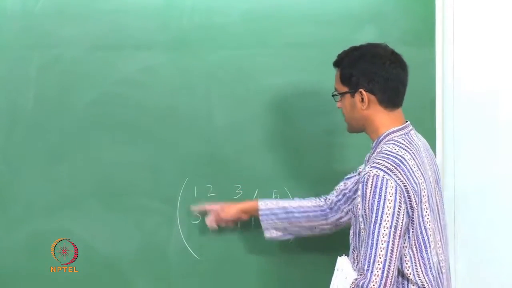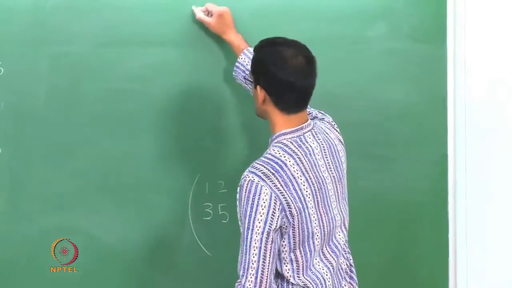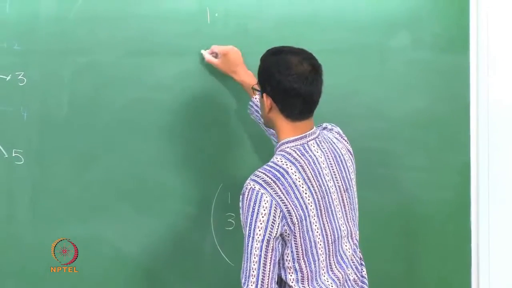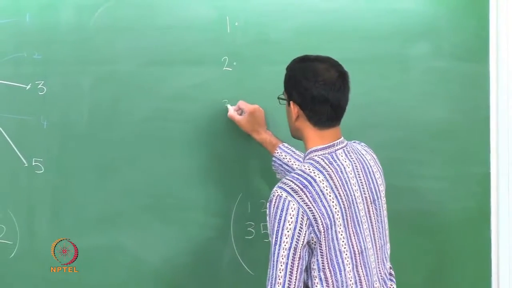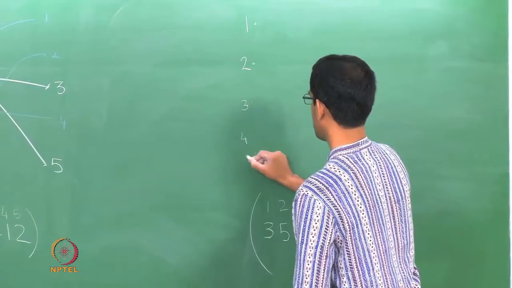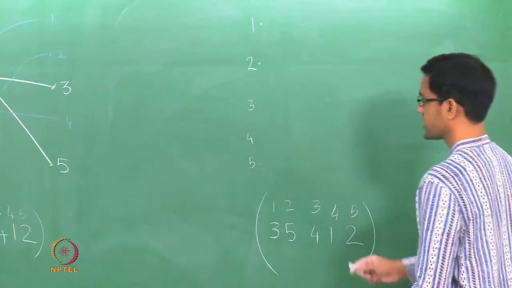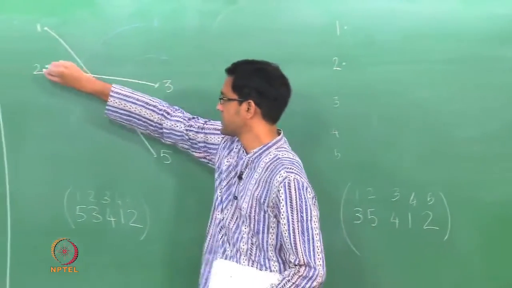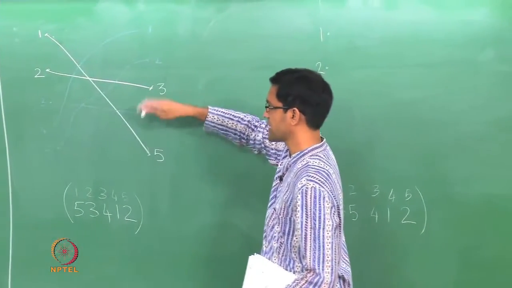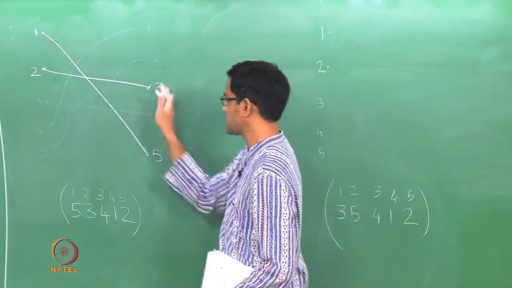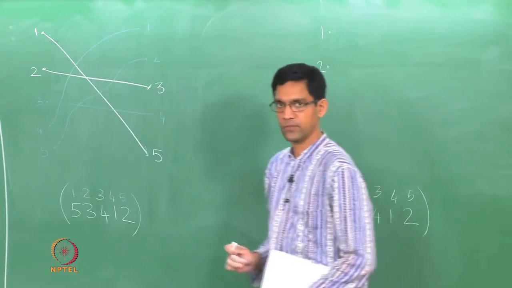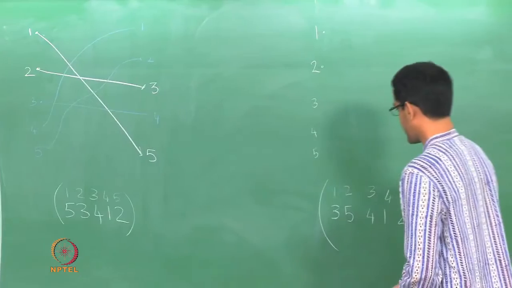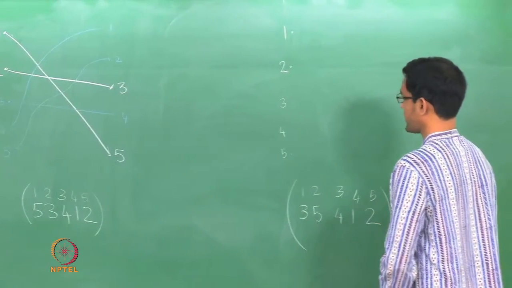So, again the action is really only here, 1 and 2. So, the rest really do not participate in the action. So, it is 3, 4 and 5. So, let us see what it does. Well, earlier you had 1 mapping to 5 and 2 mapping to 3, but now the roles are interchanged. What you have is 1 maps to 3 and 2 maps to 5. Okay. So, here is how we can construct this new diagram.